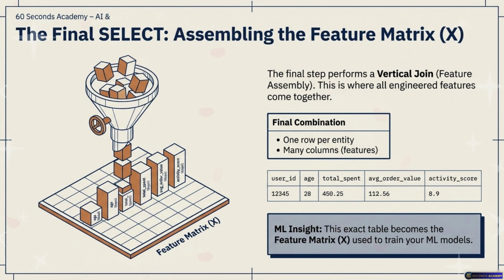Because the machine learning algorithm, in its purest form, is just a mathematical function. It cannot rummage through a relational database. It's not a detective. No, it needs that clean, singular, flattened snapshot to learn patterns. The model looks at that single row and says, okay, when average order value is this and days since last purchase is this, the probability of them buying again is 85%. Wow. So if you don't assemble the matrix properly using those joins, the model literally has nothing to learn from.